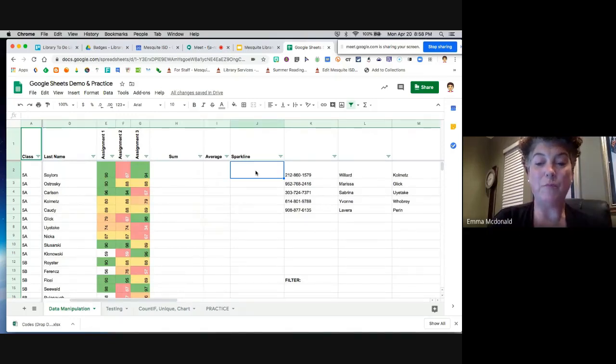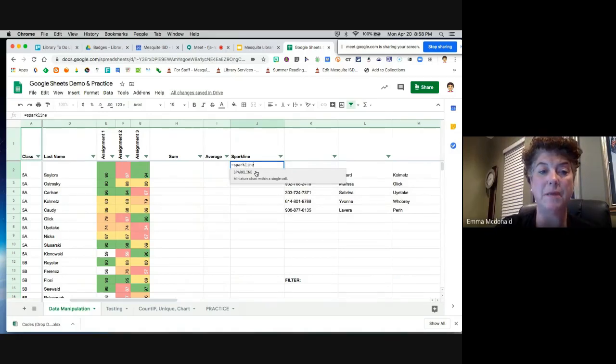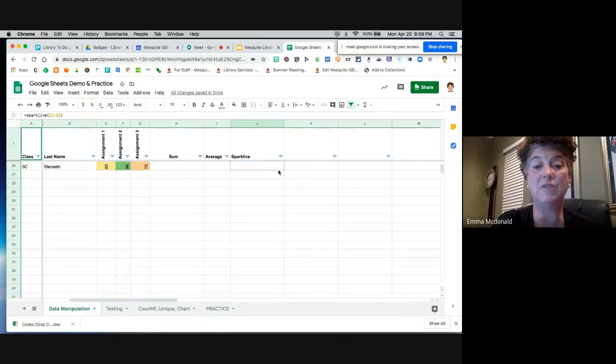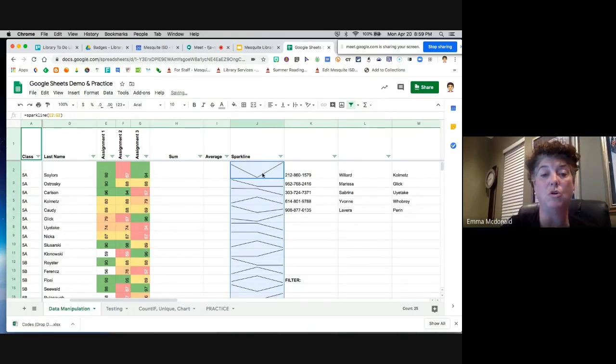Every time you put a formula in, it has to start with an equal sign. That's just how formulas work. This one is called Sparkline. And all you do is type in Sparkline, and then you do a parentheses, and then you select the grades or the data that you're wanting to graph and hit return. And then I can drag this down, and it gives you